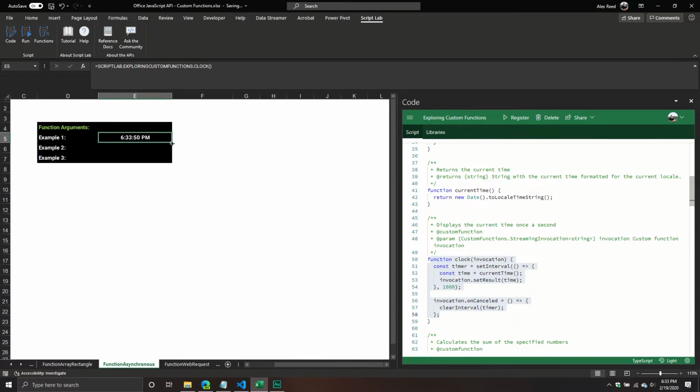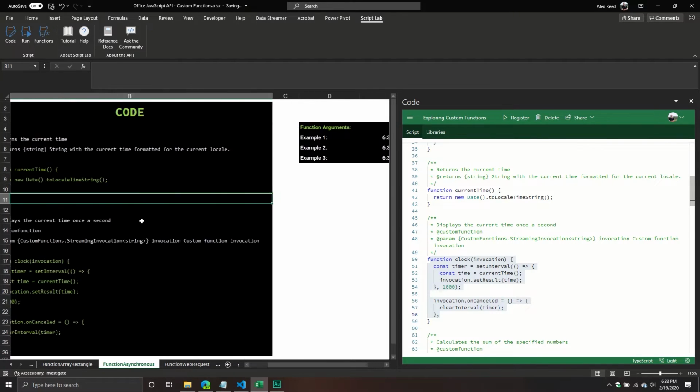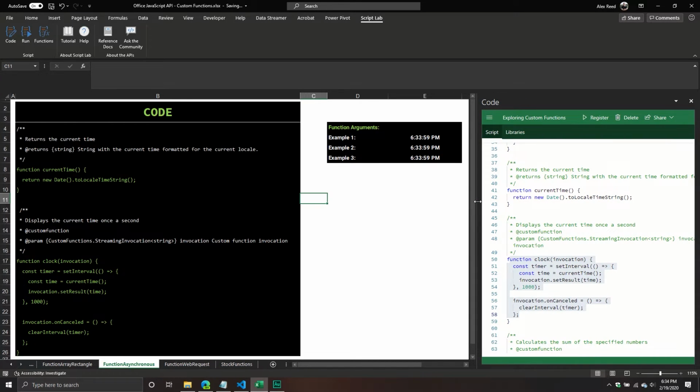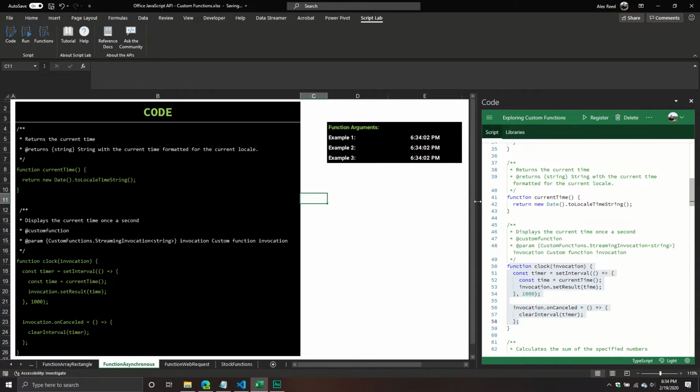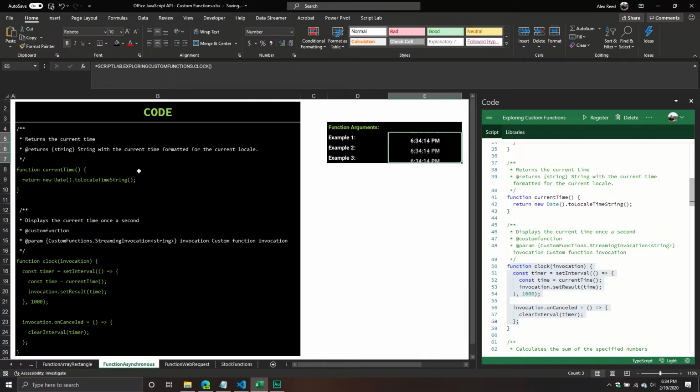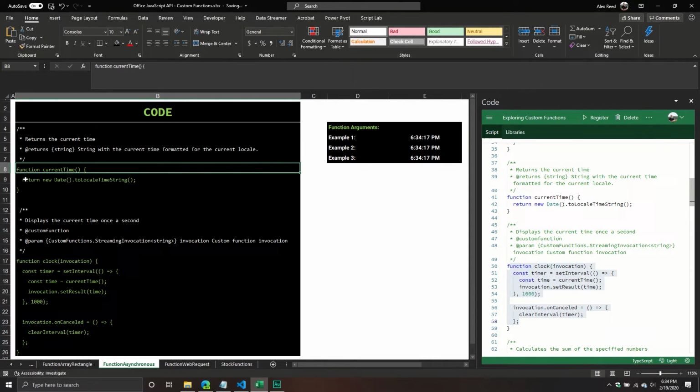And then you can see that what is happening is it's basically streaming the time, which I think is neat. I think this is a really neat function. It really kind of opens up the door to what we can do. I thought that was kind of interesting. To be honest, I've never tried putting it as a number, for example. And I don't think it will, actually, because if you think about it,